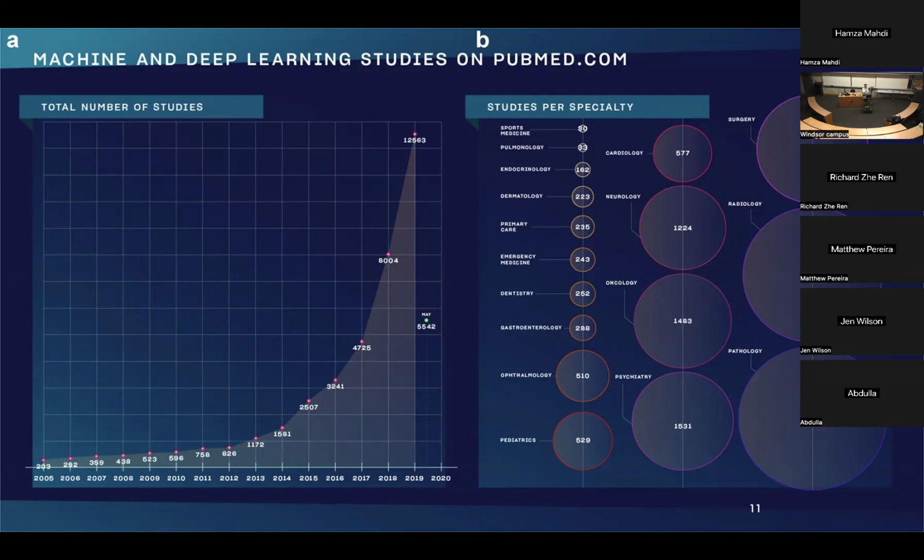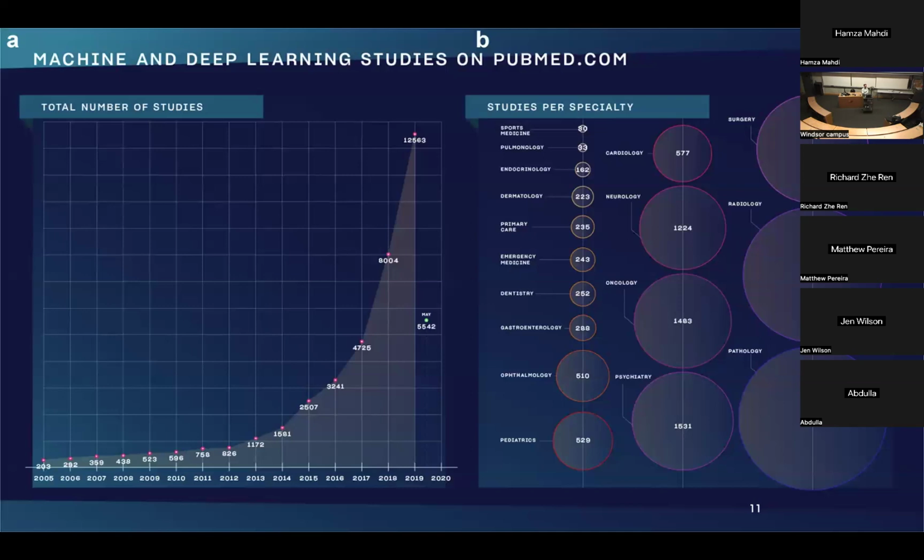The study was done in 2020, but you can see here the prevalence of machine learning studies by medical specialty. And it seems that pathology and radiology have the highest amount. I believe this was the case before large language models took off. So this was in an era when we're having great success with image-based AIs up until 2019, and they're still great, but we haven't had much progress since then with image-based AIs.